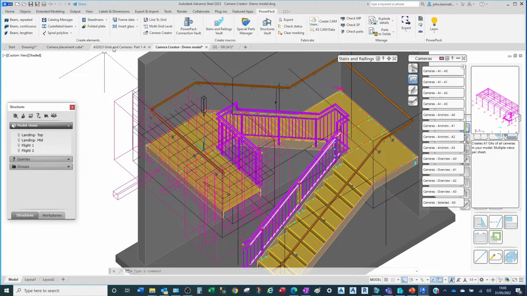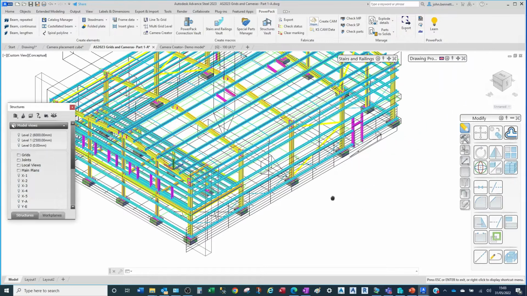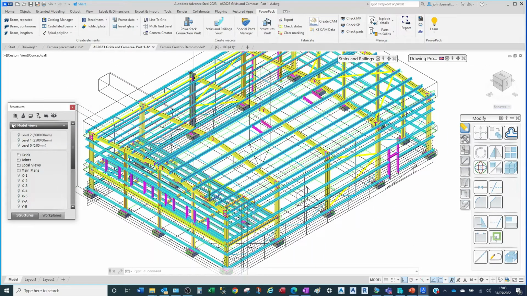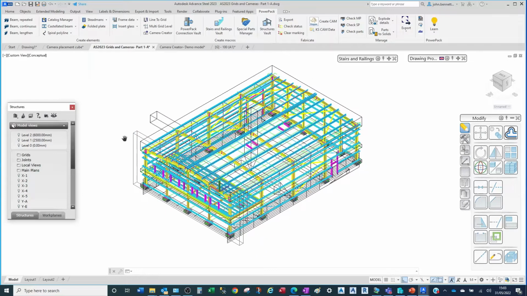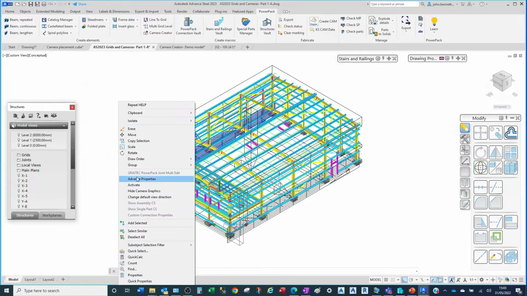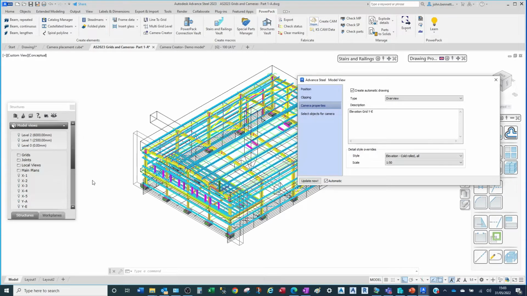So if we just come in here now and we're going to change to a structure. This is a typical sort of, we would call it a portal frame building in my country. And it has a number of views created already, model views, and obviously inbuilt to those are a number of cameras with various properties set within those cameras. And we actually use the previous tool from our PowerPack, the multi-grid level tool, to generate these grids and cameras